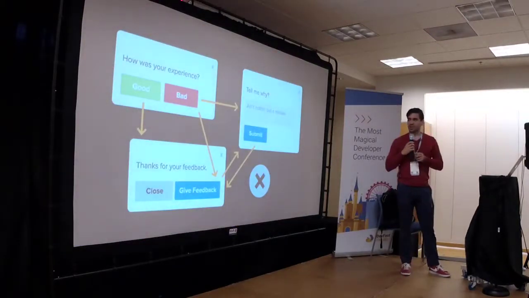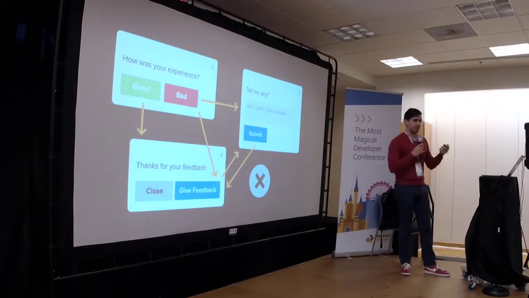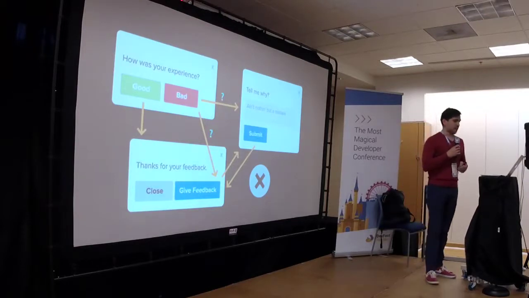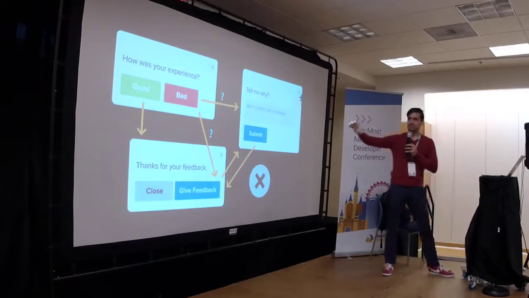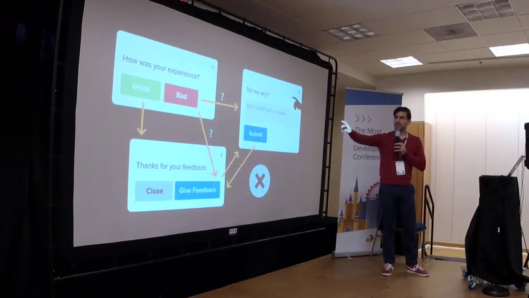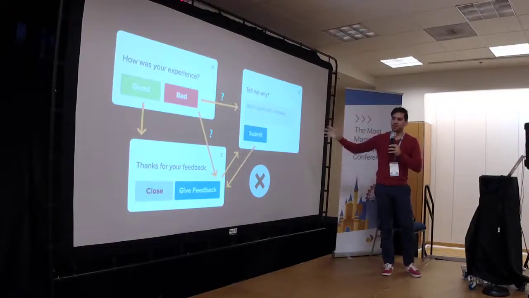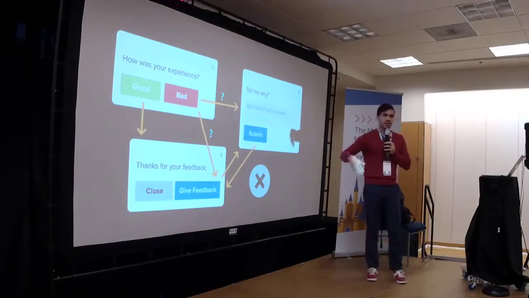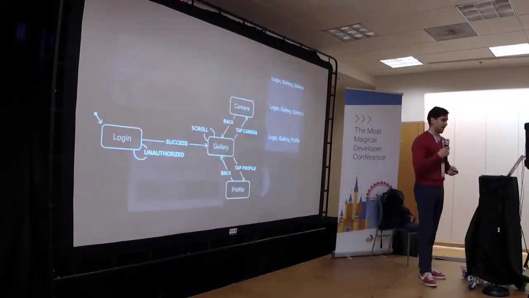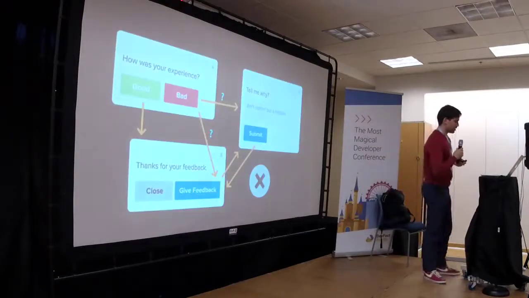So let's create our adaptive user interface now that we know about weighted graphs. I want to have this bad button be an adaptive path, where when we click bad, it either shows them the form, or it takes them to this thank you for your feedback, where they could optionally give feedback. And the reason that we would want to do this